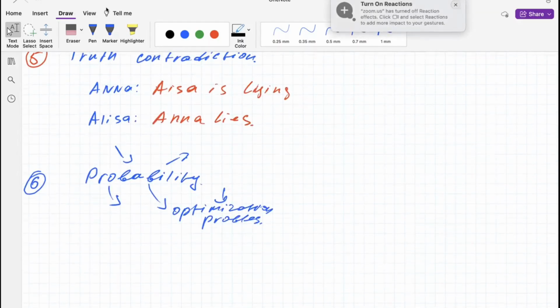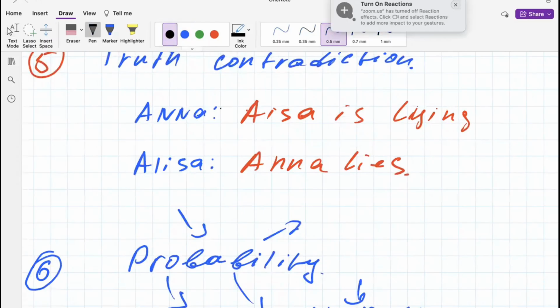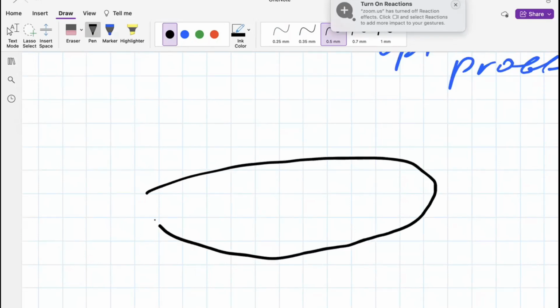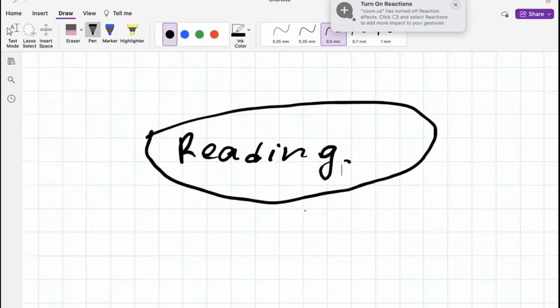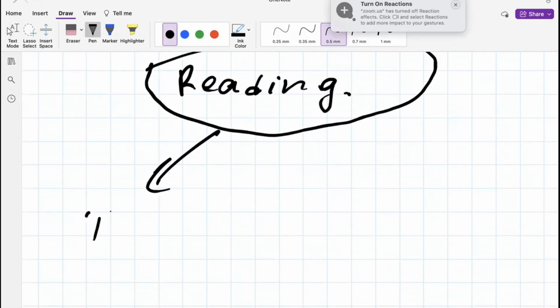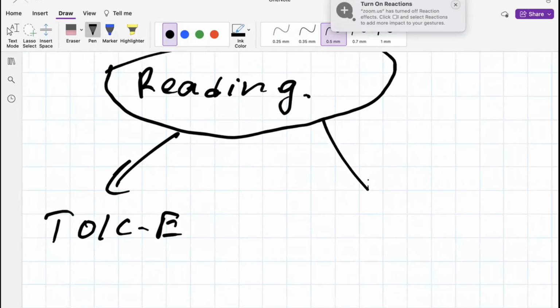All right, no questions. We go for the reading part. So our next island is, I would say, the reading island. So in the reading island, in TOLC, let me write TOLC, and in the TOLC,